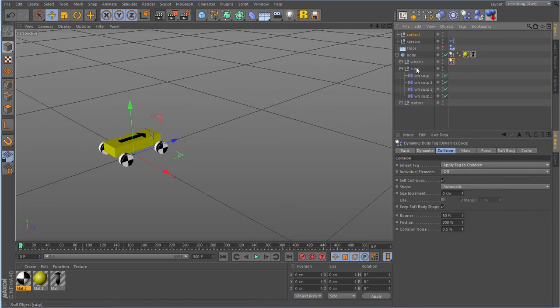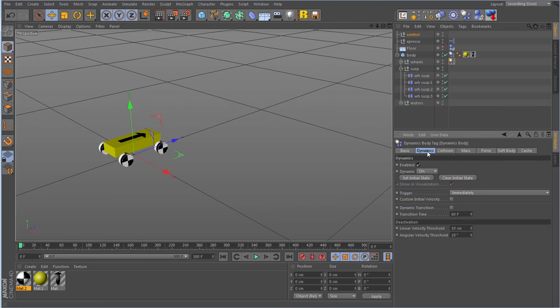Let's look at the wheels first. On the wheels, on the dynamics tab at the top of the dynamics tag here, where it says linear velocity threshold, what's actually going on in this scene is that when the speed drops below 10 centimeters a second, or the angular velocity drops below this value, that's when it ceases to be dynamic.